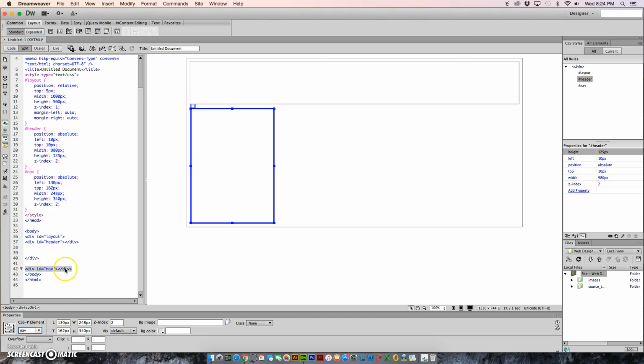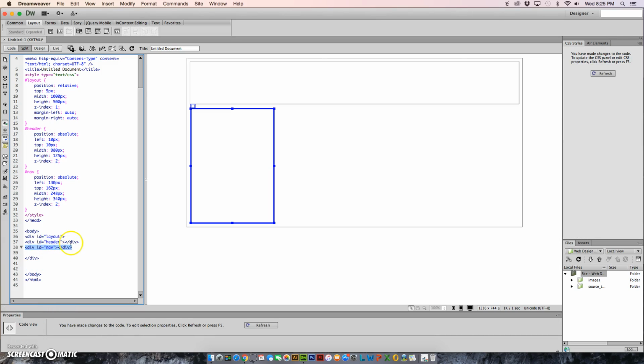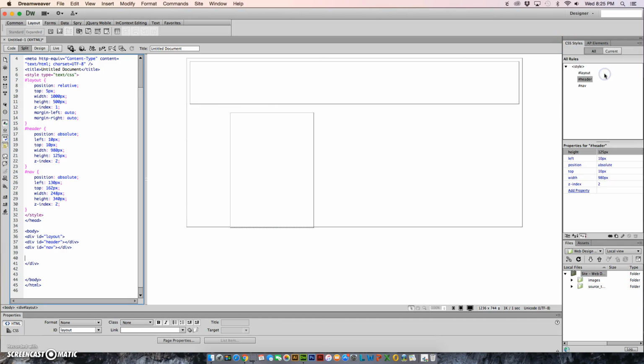See it right here in the code? So it's already highlighted, okay, because of the cookie crumbs here. I'm going to go ahead and drag that after the div of header, okay? So both of those are inside my layout. Now, if you ever see this CSS styles panel and say refresh, just click refresh. It'll do it, okay? So now I'm going to click on my nav, and I'm going to give it some